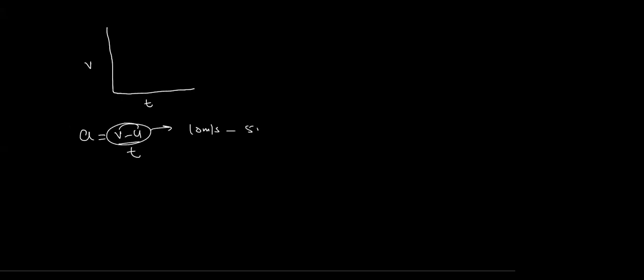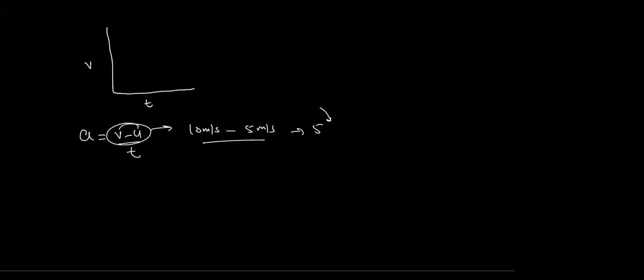Right now I have a velocity time graph. Do you know that acceleration is equal to v minus u upon t, that we have studied? So if I get v minus u, what will be the SI unit of the resultant answer? If I subtract something, like the final velocity of 10 meter per second minus the initial velocity of 5 meter per second, the resultant will be 5 meter what? Meter per second or kilograms or liter or something else?